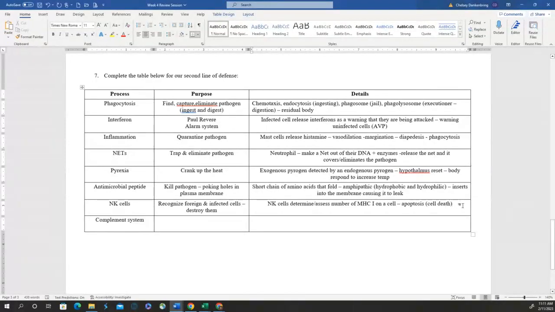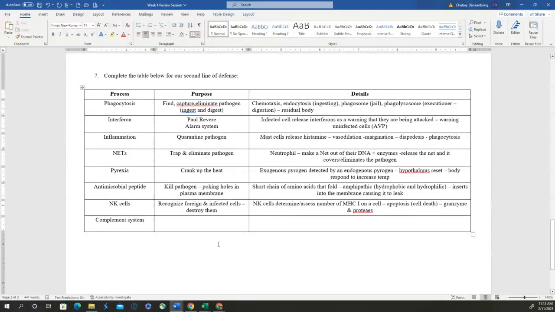slide, there are certain little proteins that the NK cell has called perforin and proteases. The perforin is going to poke a hole in the infected cell, and then it's going to release proteases to go and kill all the proteins in there and cause the cell to die. Okay, so you might want to know granzyme and proteases are what's responsible for causing that apoptosis. It's really what kills that infected cell or that